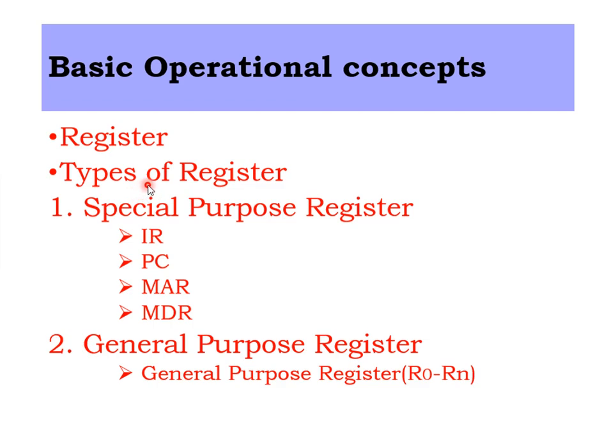So now let us discuss different types of registers. There are mainly two types: one is called a special purpose register and another is called a general purpose register. The name itself says it: special purpose registers are purely dedicated to a particular function. You have to make use of those registers for those particular functions and cannot use them for any other sake. So when certain sets of registers are dedicated to a particular task or operation, we call them special purpose registers.